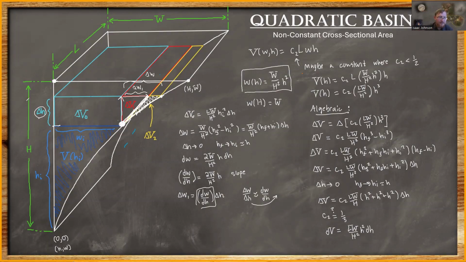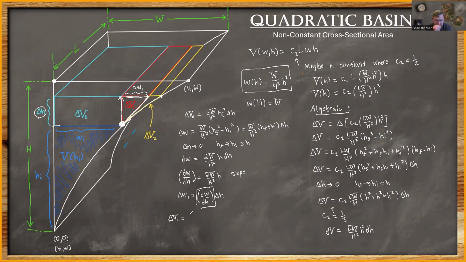Yeah. And really what this is, like I said, this is just the tangent line. That's all this equation is. It's a tangent line. We have a slope and we have a step. So you could think of this as like rise over run times run equals rise, or something along those lines. All right, so now that we kind of have that set up, we can now relate to the triangle shape. Because now we know the delta W of the triangle, we know the delta H of the triangle, because that's a given. And like Ramsey said earlier,